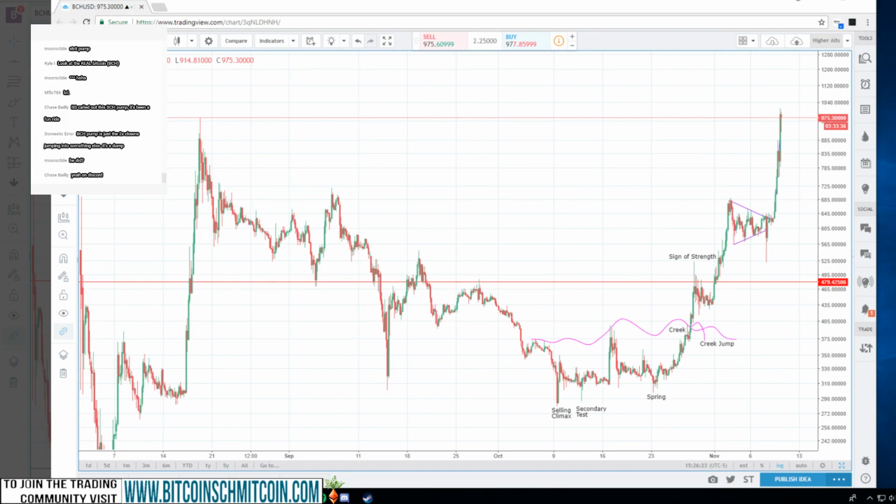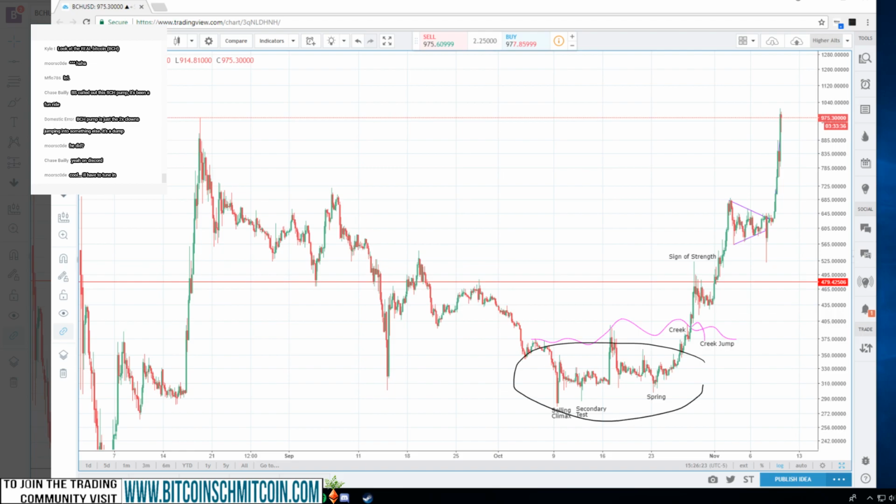So this is when the fork happened, right? We saw a huge pump, and it went down almost in a parabolic curve, but it kind of bottomed out here. And this is right when Tone Vays was saying that B trash is going to zero, and if you were buying B trash, then you deserve to be homeless, or whatever stupid shit he was spouting out the other day. But what was actually happening was it was going through an accumulation phase right in here.